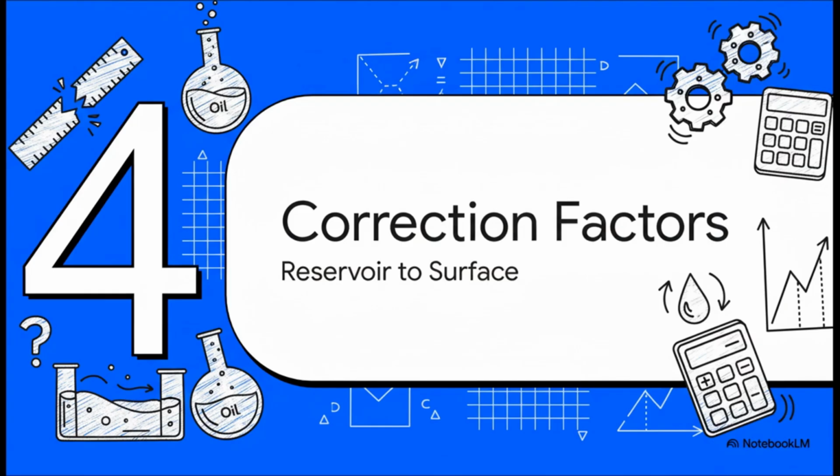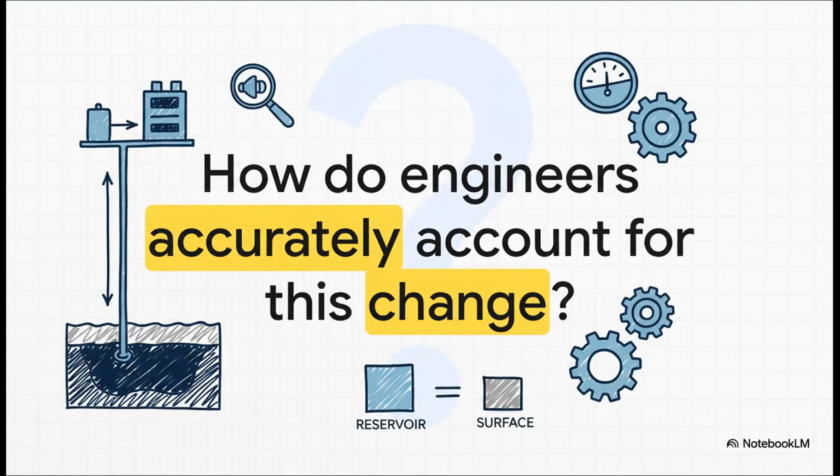Well, this is where some absolutely brilliant engineering math comes to the rescue. That's the million-dollar question, or more like the billion-dollar question. How do they solve this puzzle? They can't just ignore it. They need a rock-solid way to convert what's happening in the reservoir into what they're going to get at the